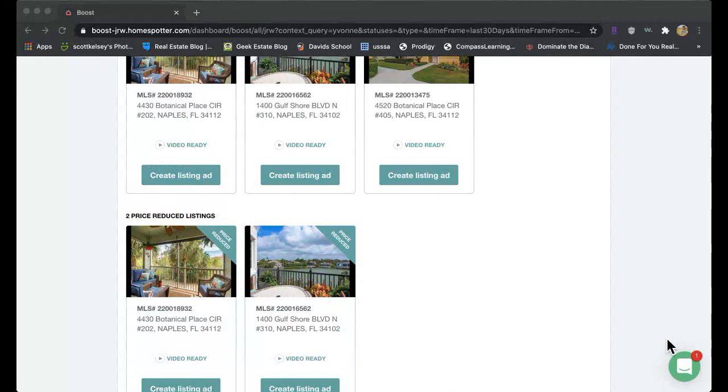Do you know what the algorithm is as to how many people see the ad for $99? I don't know what that is. I can't fill one out because I'm not an agent, so it doesn't let me see that. It doesn't even let me get to that feature on my account. I just don't know those numbers.